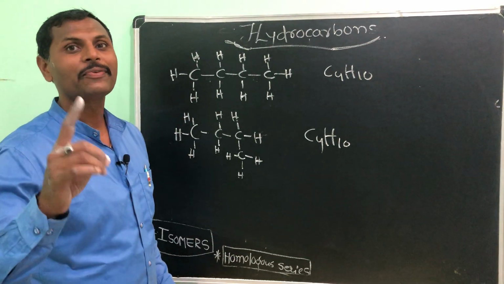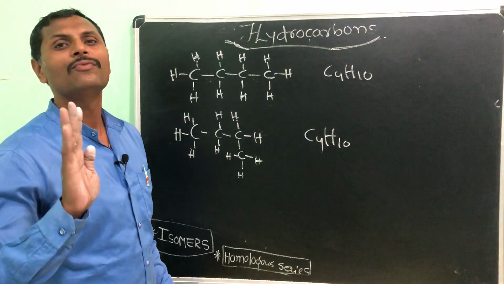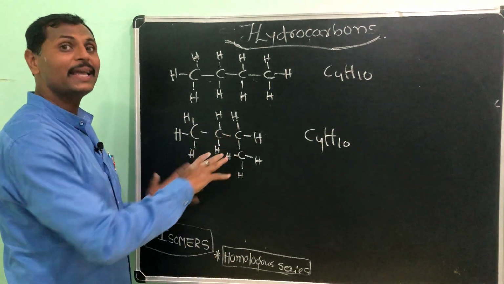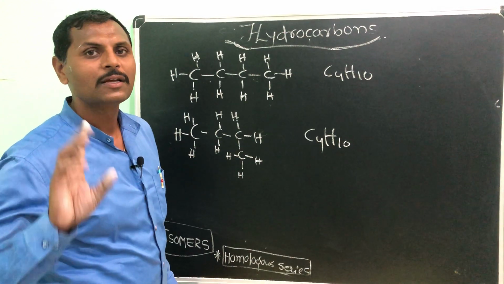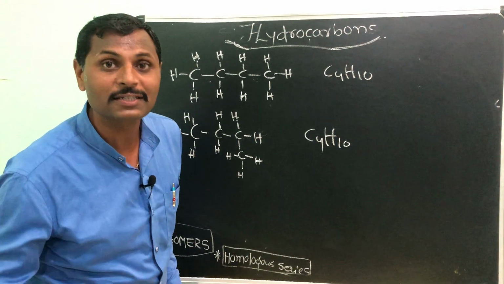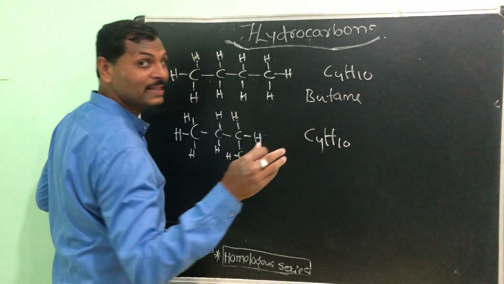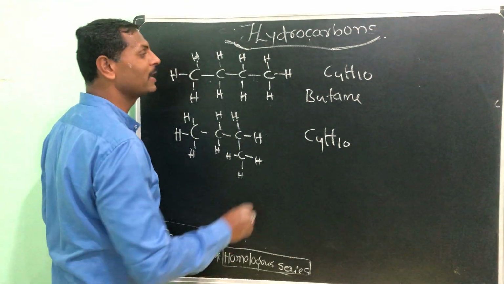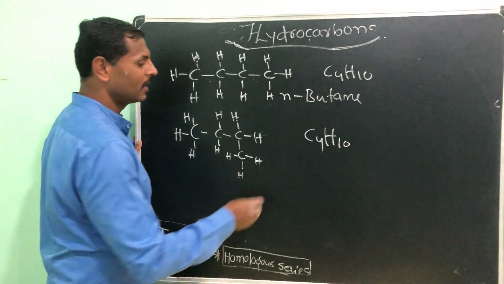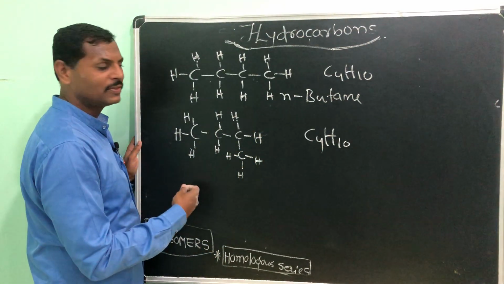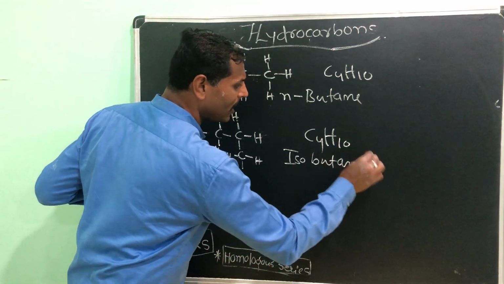Isomerism. So for the isomers, in the alkane I am telling you, minimum 4 carbons have to be there. Why? To make the branch, we need minimum how much? 4 carbons. That means isomers start from butane, not from propane, methane, ethane. Remember it. It starts from butane. As it is the normal one, I will write it as normal butane. And here it is, an isomer of that. Then I call this isobutane.